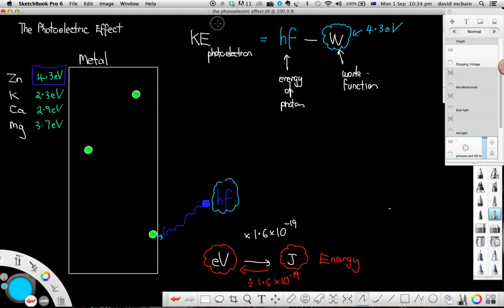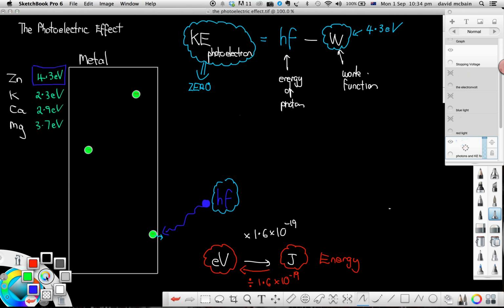So under those circumstances, the kinetic energy of our photoelectron will be 0. So we can now work out what that frequency would be. So we will simplify this equation,